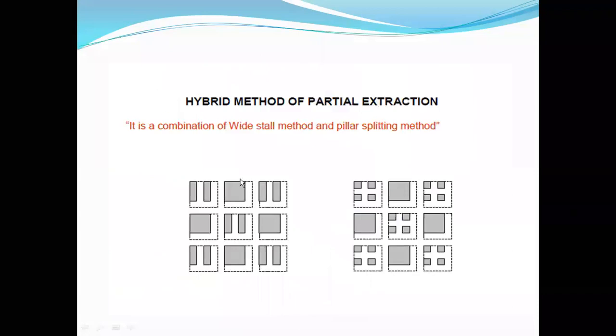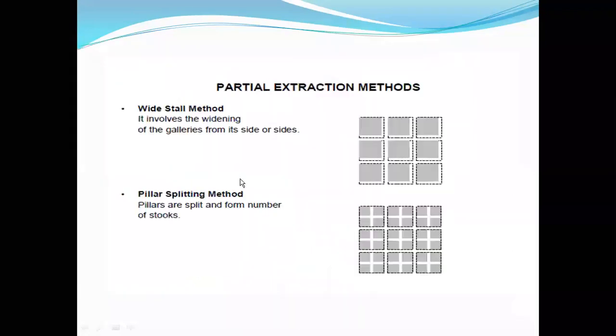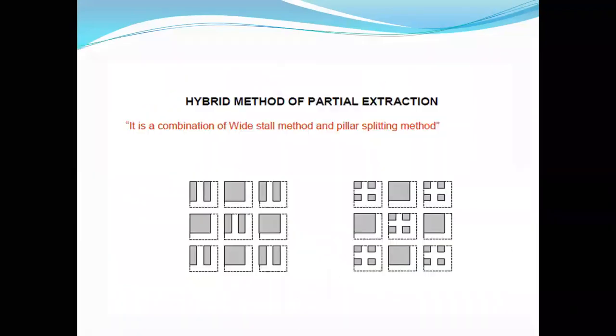So these are what we call partial extraction methods. Okay. Next, hybrid. Hybrid is nothing but a combination of them, because here we adopt different kinds of strategy. There are two things. One is we want to reduce the amount of subsidence on the surface. At the same time, we want to extract the coal, or the mineral deposit, to a maximum extent, right? By adopting a combination of the above methods.